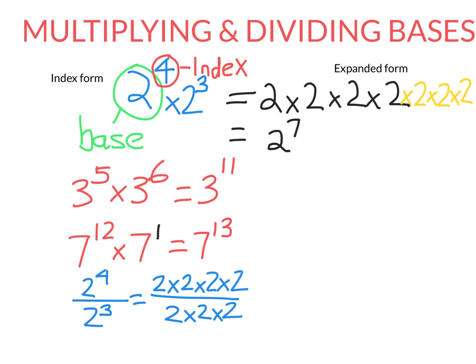Now we learned last year in fractions, when you have a fraction, you can cancel common factors on the top and the bottom. You can cancel anything as long as it's being multiplied. So I can cross out these 3 2's on the bottom as long as I cross out 3 2's on the top. What you do to the bottom, you must do to the top. So 2 to the power of 4 divided 2 to the power of 3 is just 2 or 2 to